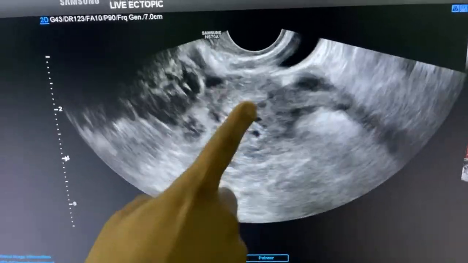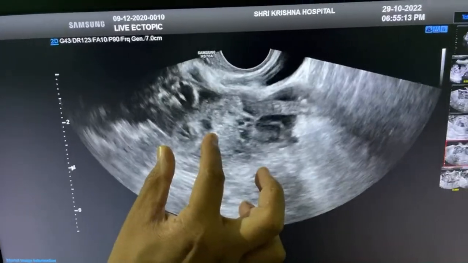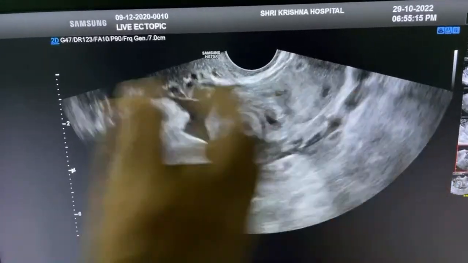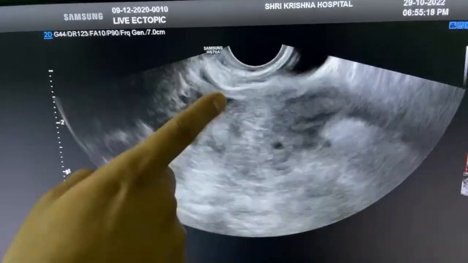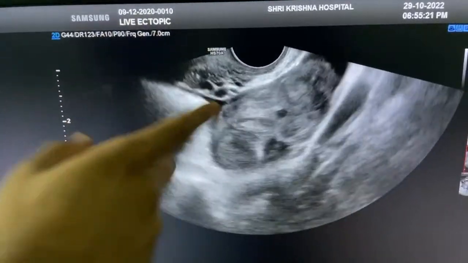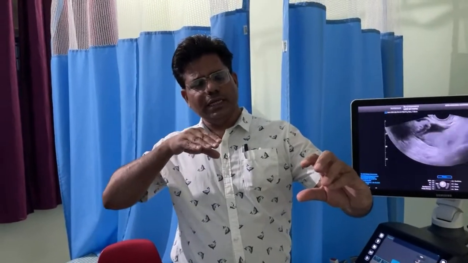So always try to separate this tubal mass from the ovary by the sliding sign. See what I am doing: I am withdrawing my probe. To apply the sliding sign, just withdraw your probe back, then slide.